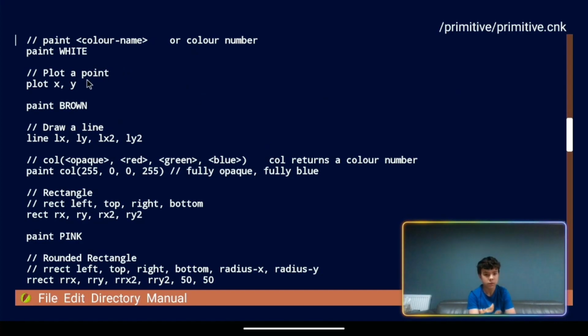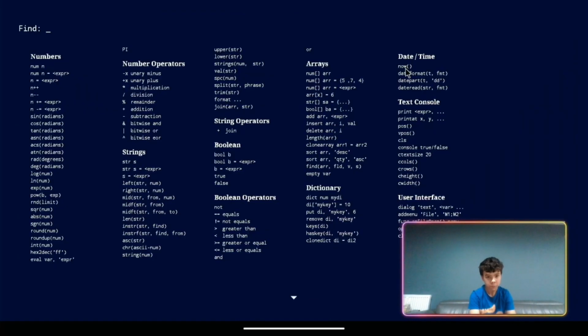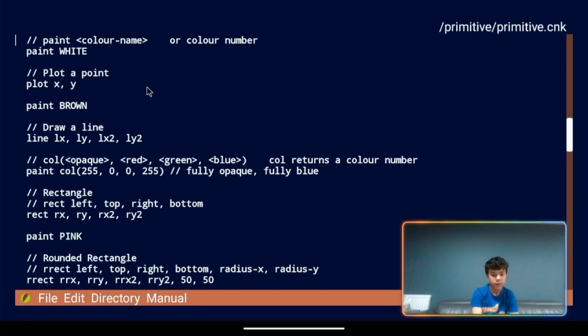So the plot command has two coordinates to see where we should plot a point on the screen. The paint command here paints your object underneath it, the color that you ask. In this case it's brown, and you can pick any color you want from the color names in our manual here. Any of these, there's loads. Anyways, now I'm going to tell you about line, which has 4 points of the line, the 4 corners, and